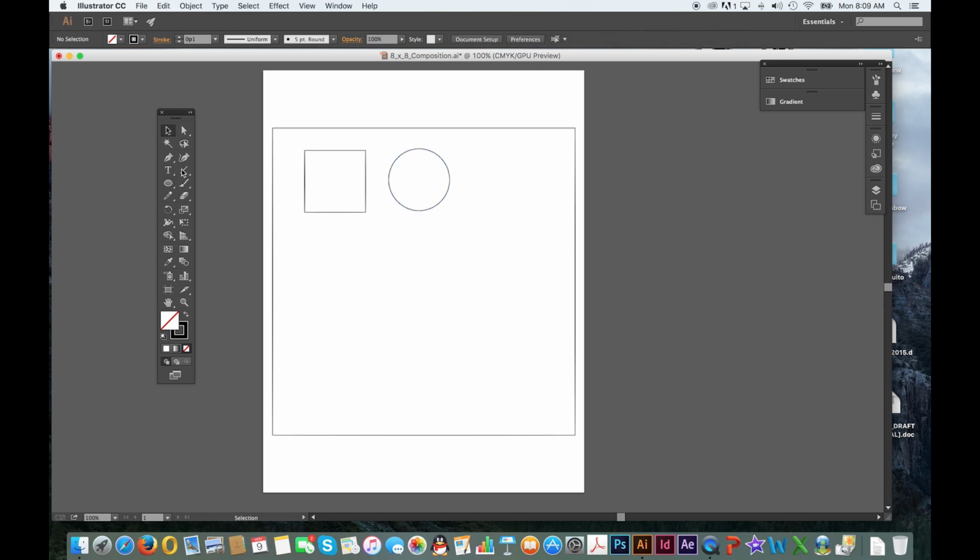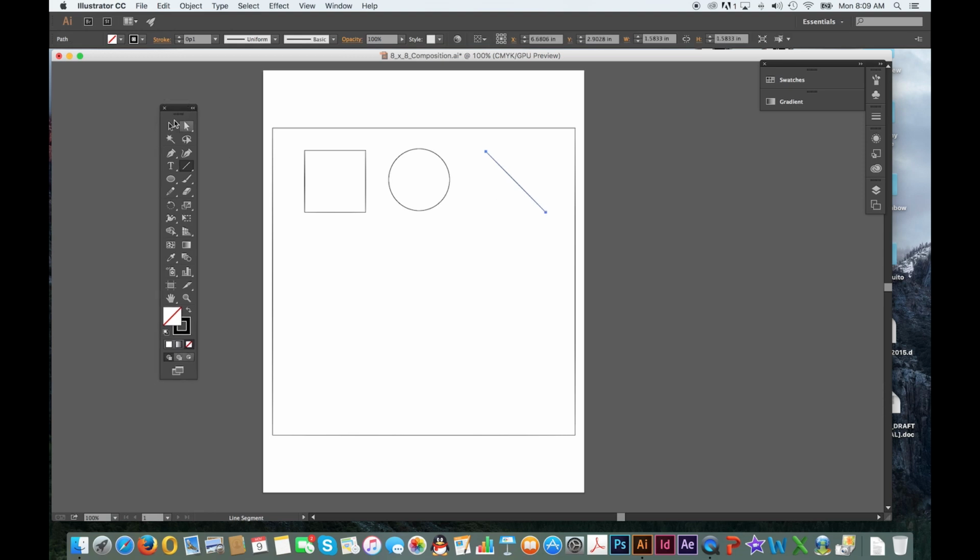Okay, so just basic lines, and so essentially,